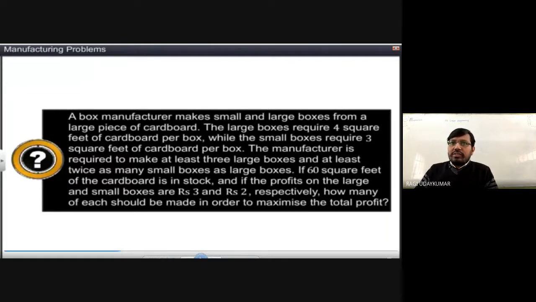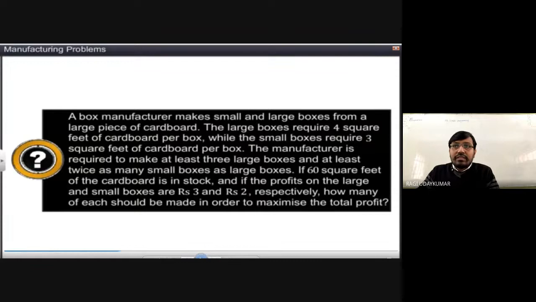A box manufacturer makes small and large boxes, just like the previous problem, from a large piece of cardboard. From one cardboard, small boxes and large boxes will be made. Large boxes require 4 square feet of cardboard per box, while small boxes require 3 square feet of cardboard per box. A manufacturer is required to make at least 3 large boxes,